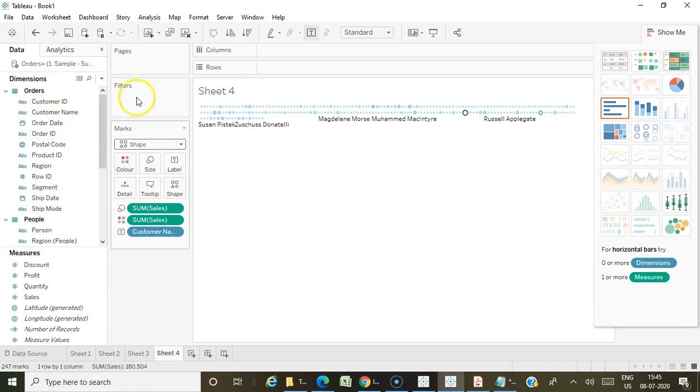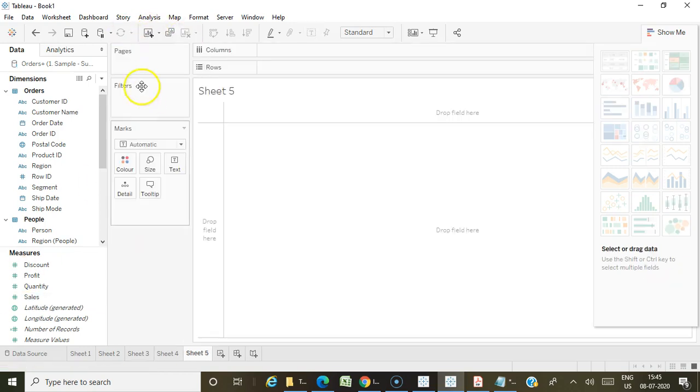You have to know what all the options we have in color and for what all graphs you can use the size options, and there will be some questions related to labels and detail. So why are we using detail and tooltips? And shapes: what all graphs can you choose the shapes option for? These types of questions may come and you have to be clear on that.